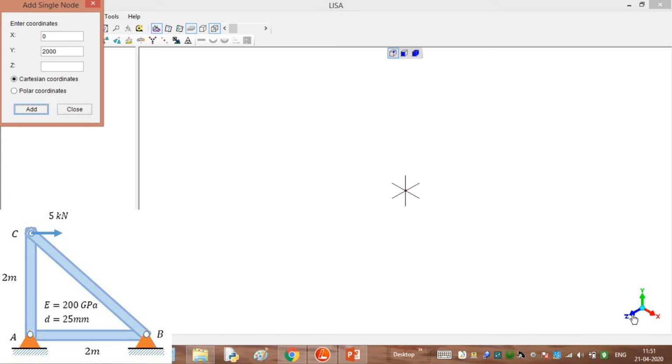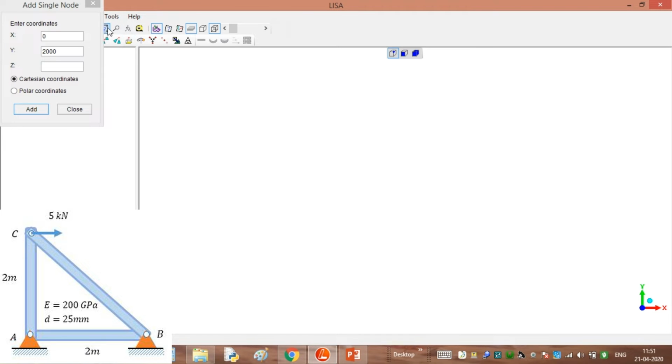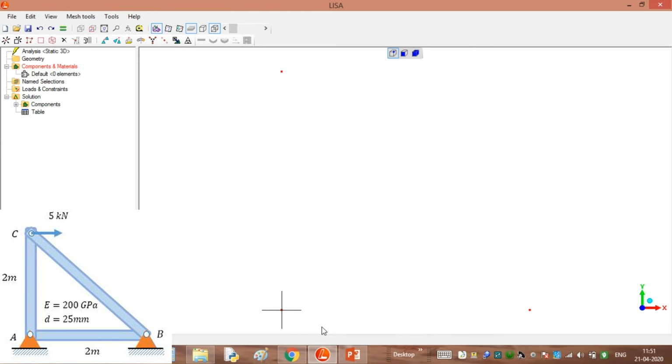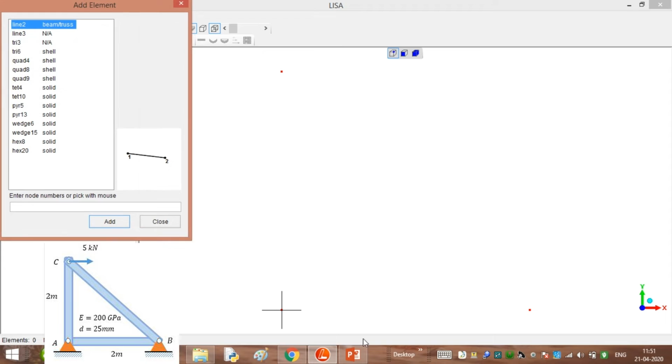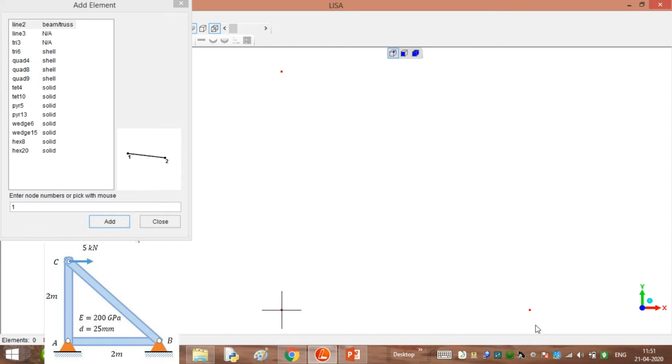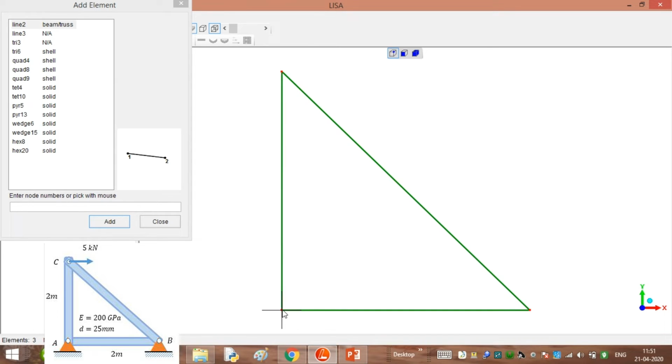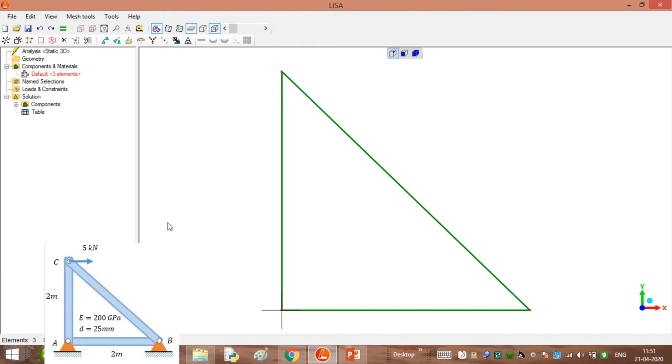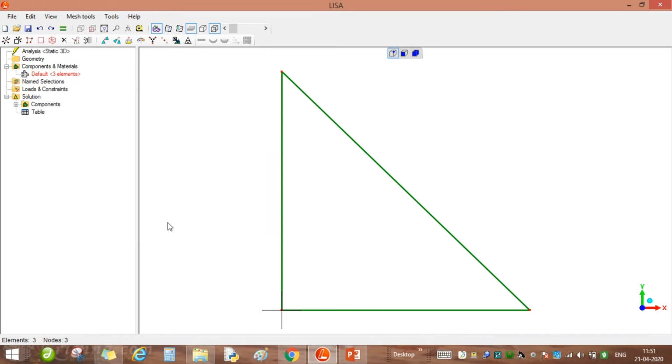So to see all these nodes, let us fit to this. So we have 1 node, 2 node and 3 node. So let us connect these nodes to form elements. So this is our first element. We have the second element, and then we have this third element. So clicking at all nodes one by one for each element separately.